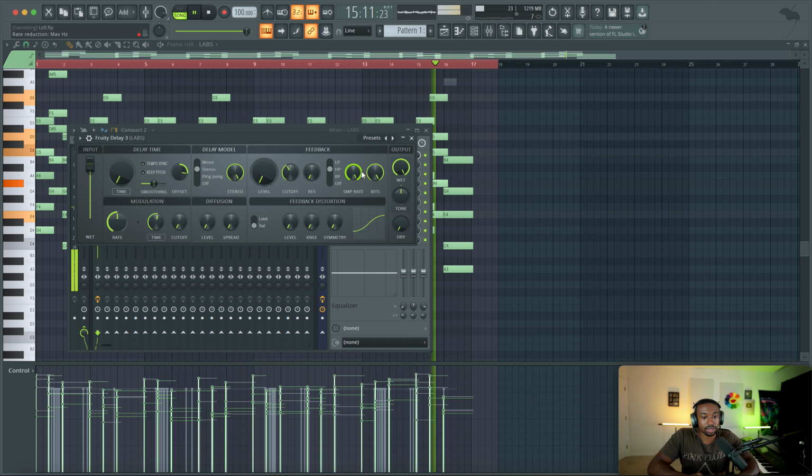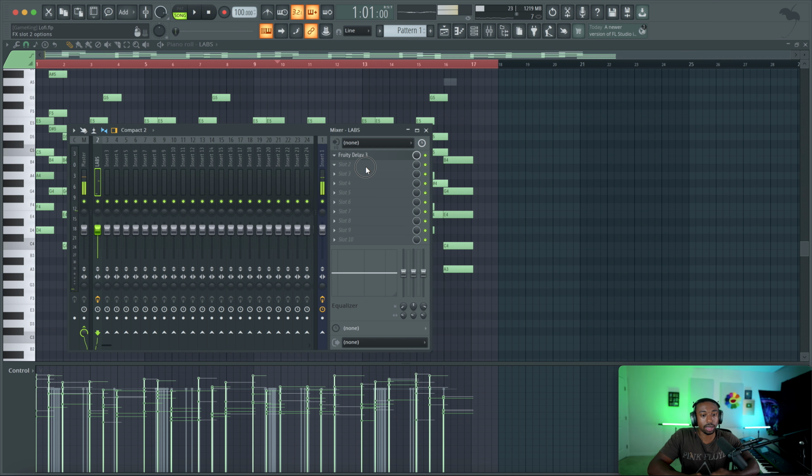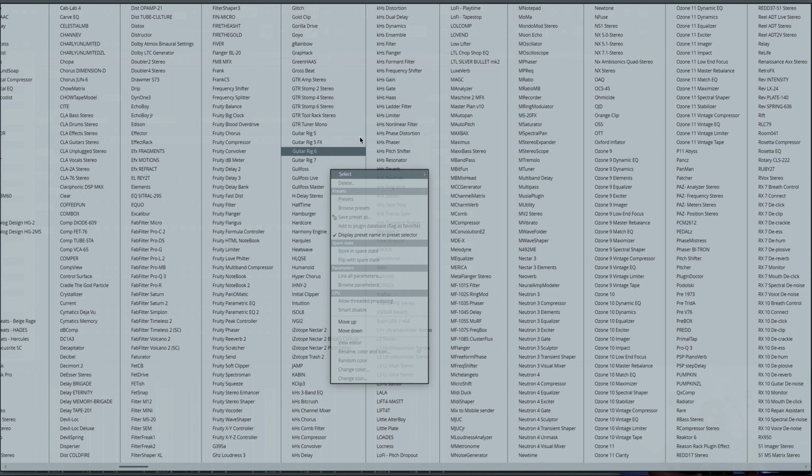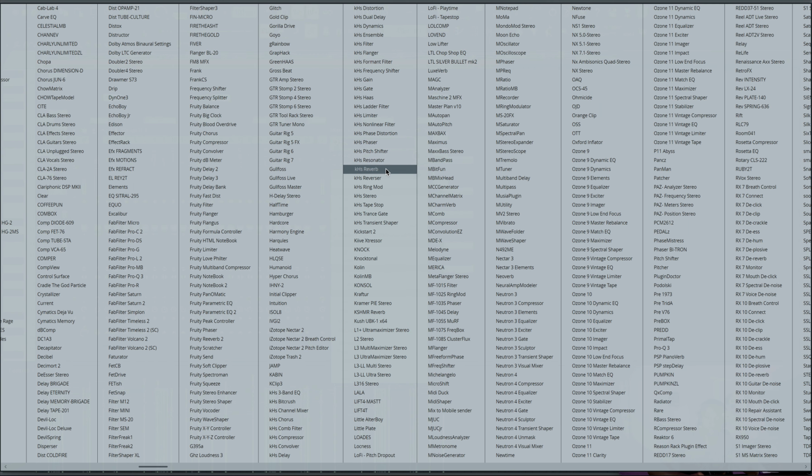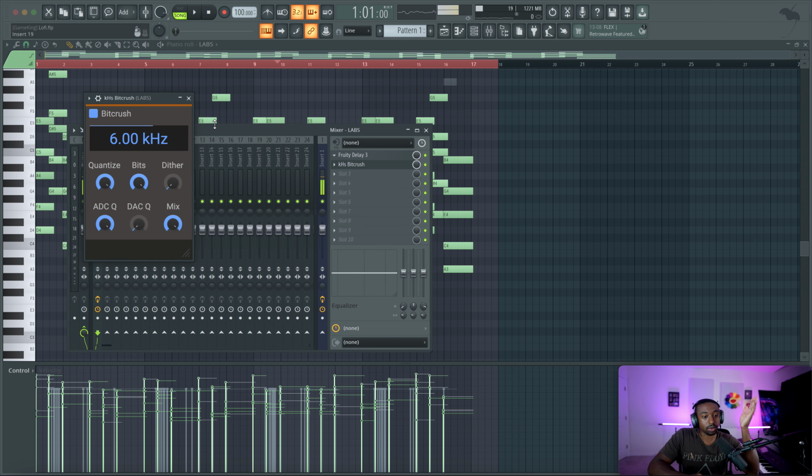And most people don't know there's a sample rate reduction in here, but let me show you guys another free plugin. I'm taking this beyond the scope of this video. I'm just showing you guys the cool things you could do. There's a plugin bundle called the Kilohertz Essentials. I highly recommend it while it's free. It's been free for a while, but who knows, in the future it might not be free. So grab this while you can. Kilohertz Essentials is a must.